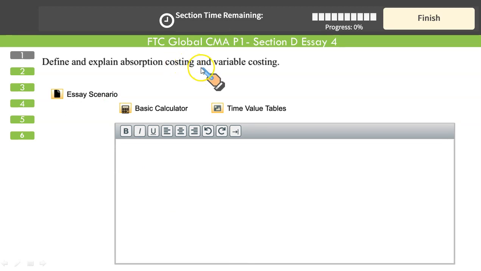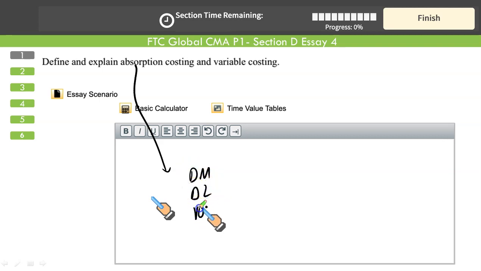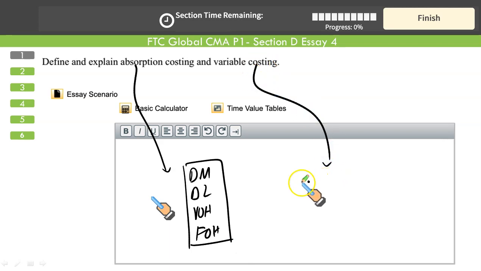Define and explain absorption costing and variable costing. We have done it many times. Let me give you through numbers. When you say absorption costing, it includes, it's also called full costing, direct material, direct labor, variable overheads, and fixed overhead. This is what goes into computing the cost under absorption costing. When you say variable costing, the inventoriable cost is just 3 parts of the cost: direct material, direct labor, and